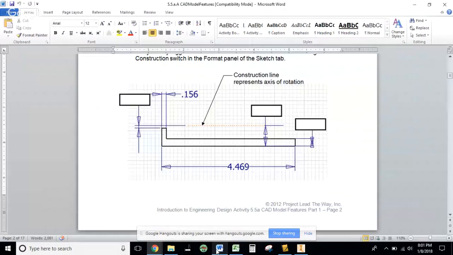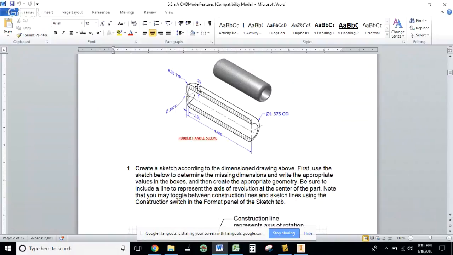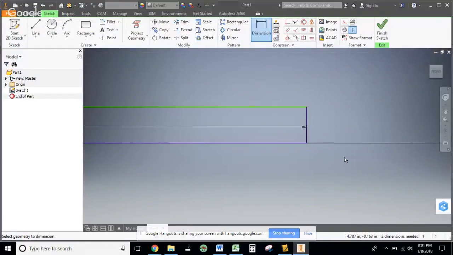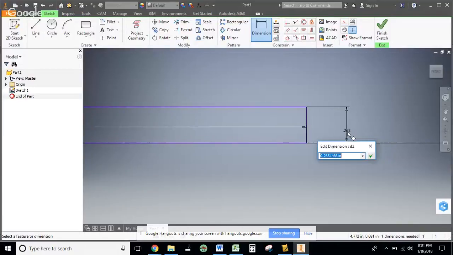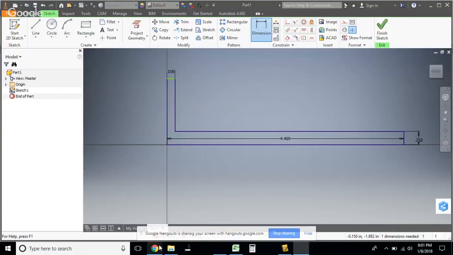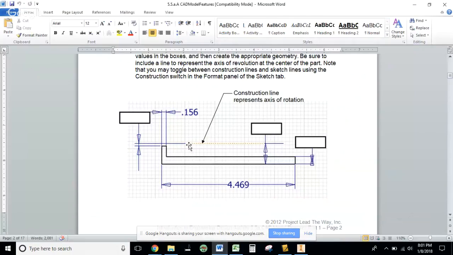Okay, so next I need to know this one down here. So how thick are the walls of my rubber mat? Let's go up here. It says it right there. 0.25 is the thickness of the wall. Over here, 0.25. Okay. All right. And now I need to know, based on this construction line,